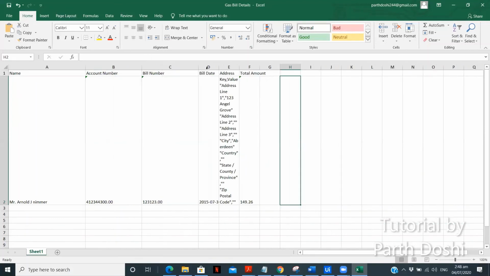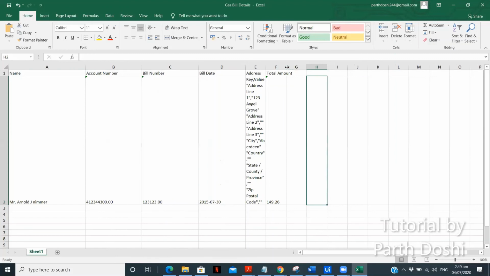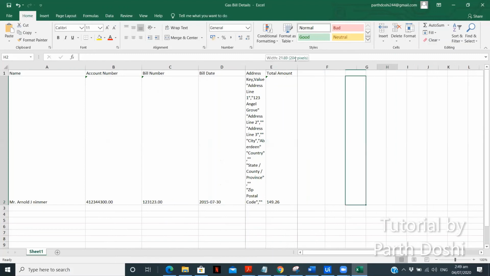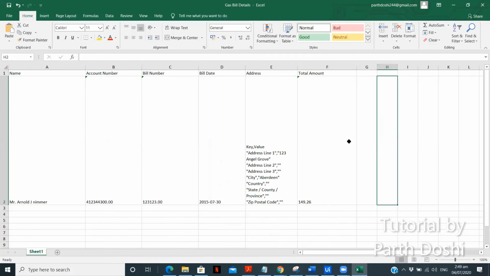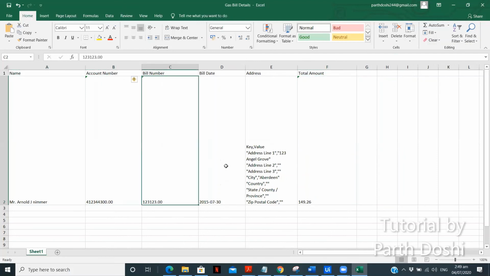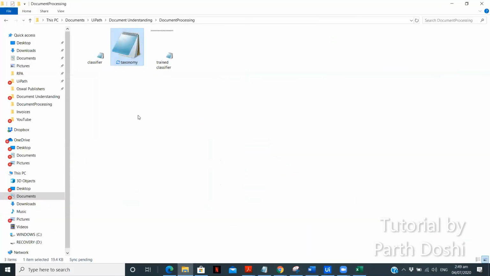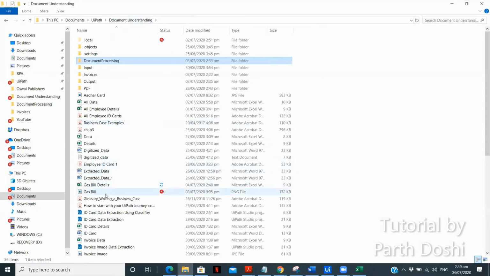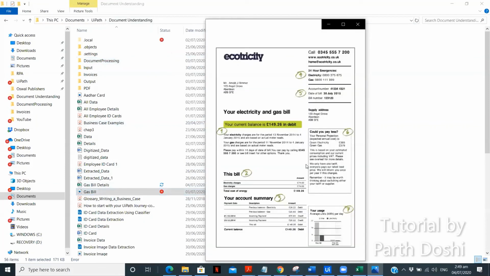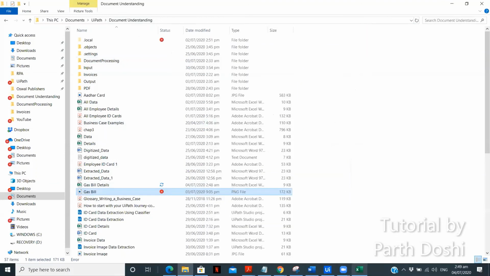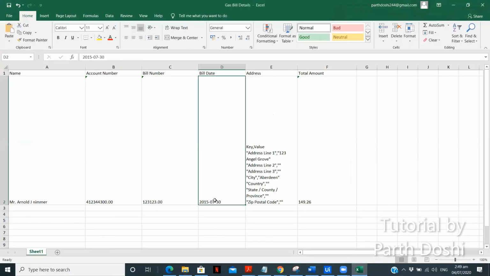As you can see over here, we have the name properly, we have the account number, the bill number, and the bill date. Also, if you see in our original image, the date was spelled out, like 30th July 2015, and in our Excel file, we have 30-7-2015.